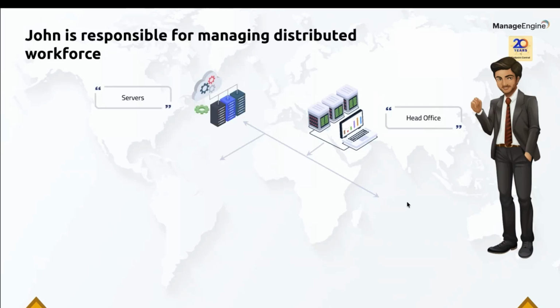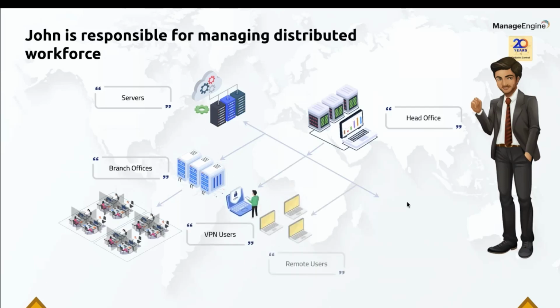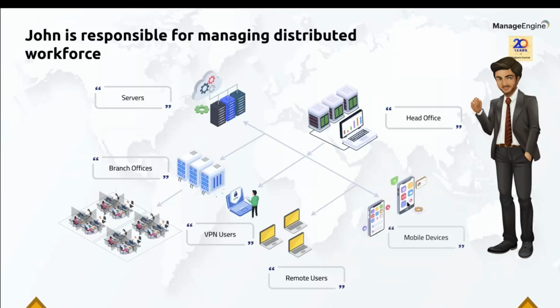And then the devices that work from the branch offices, you may have multiple branch locations accordingly. We have a distribution server that can be managed. Along with it, the users connected from the VPN, as well as the users connected directly from the internet. We call them remote users. And every user may also have mobile devices. So all these devices will be managed under the John's responsibility and across all the distributed